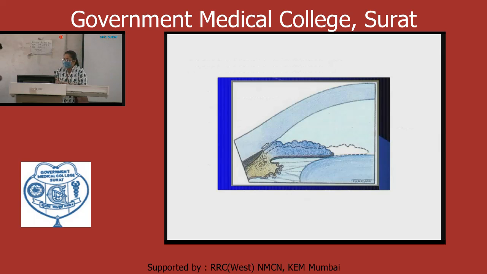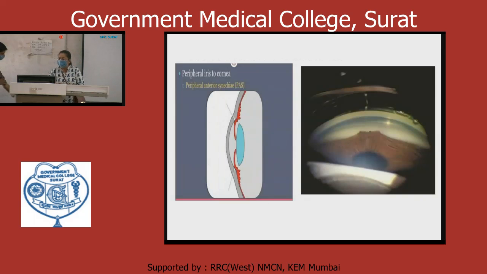Same here. Next. In the second slide you can see a little bit of synechia is there. When there is synechia formation, when a chronic patient has chronic angle closure glaucoma, meaning the subacute form of angle closure glaucoma, off and on the patient will have symptoms like headache and many times dimness of vision. But the patient doesn't come to the hospital or eye surgeon, and he or she will develop a little bit of synechia, adhesion between the periphery of the iris and the trabecular meshwork.